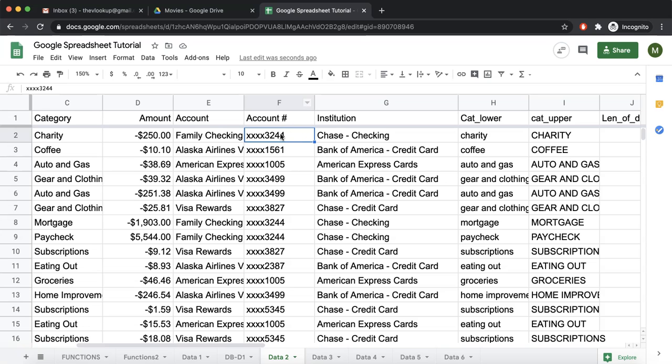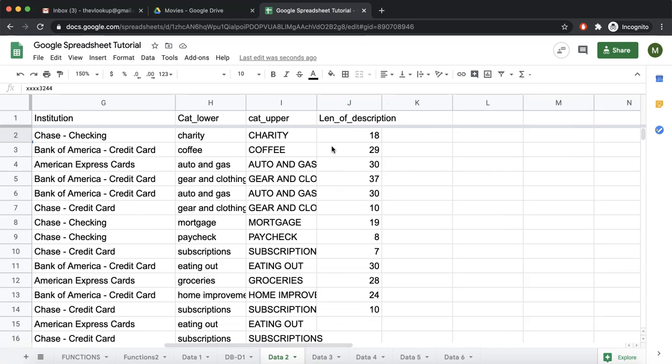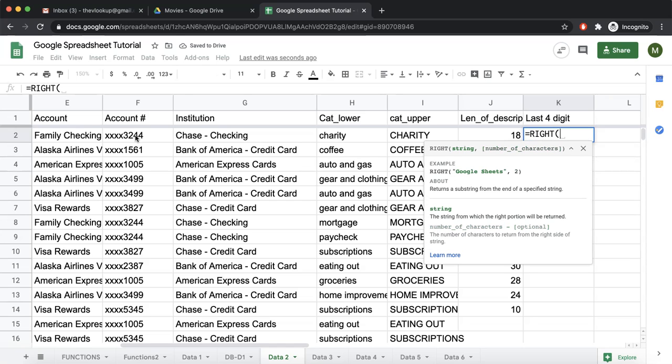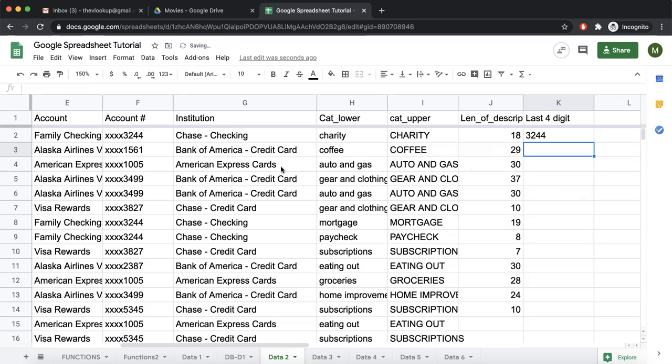I want a separate column that has just these numbers. So for the last 4 digits, we say equal to right of this comma 4. So we have 3244, and we can drag it all the way down.